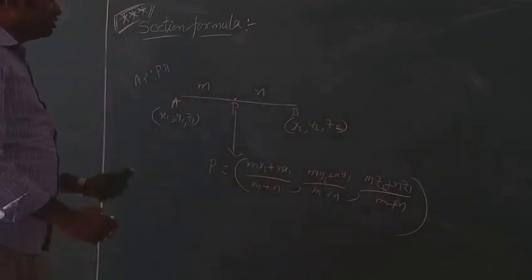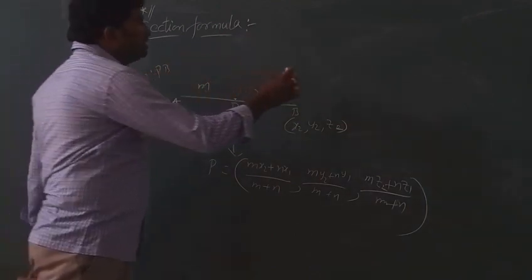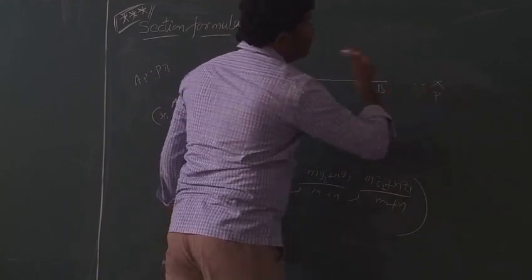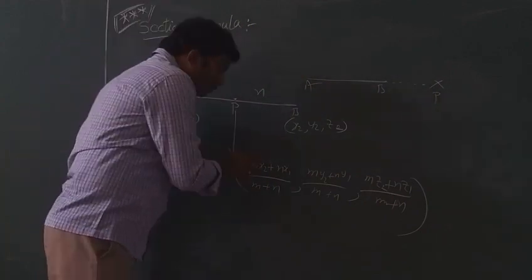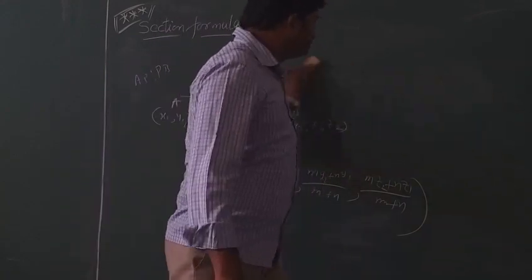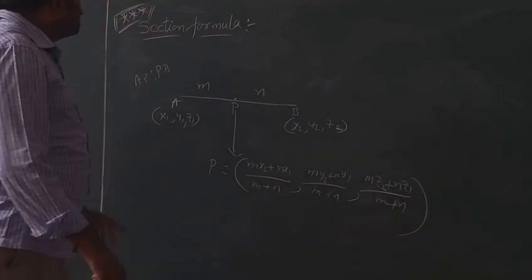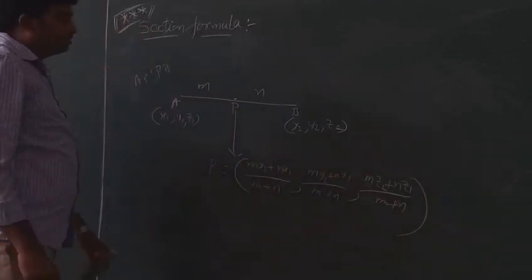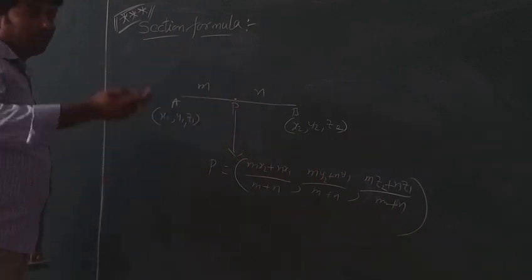What is the meaning of internally? P lies in between somewhere, right? What is the meaning of externally? This is the segment AB. P lies on the extended line segment of AB, on the right hand side or left hand side. In that case, what is the section formula? You tell me. Minus, right? Mx2 minus Nx1 by M minus N. We will also get the minus. This is the section formula in 3D geometry. In 2D geometry, only x coordinate and y coordinate. That's it. Right. Now we are deriving the section formula in vectors.